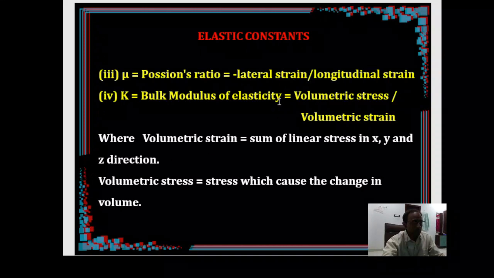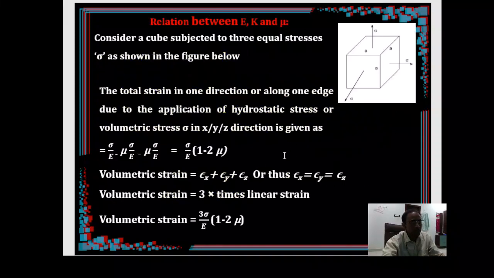Coming to the bulk modulus of elasticity, it is the ratio of the stress that causes a change in the volume to the volumetric strain, right? So knowing these basics, we can straight away go to the relationship between Young's modulus of elasticity and bulk modulus of elasticity. Let us consider a small cube